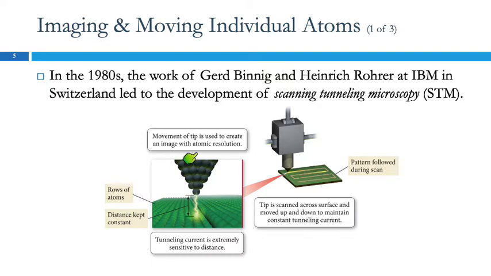And so what they're doing is they're applying a voltage and sending a tunneling current through the air from the tip of this needle to the surface of the thing being examined. So the magnitude of that current is going to depend on how far apart these two things are. And so by monitoring this and moving the needle up and down in a way to make the constant current, as you go back and forth across the thing you're looking at, essentially you're feeling the surface.